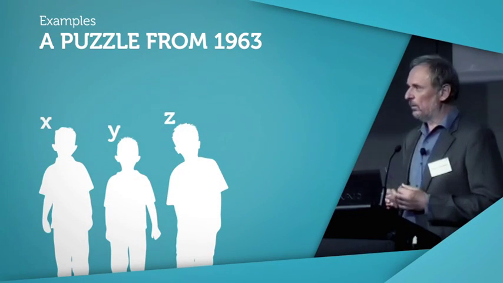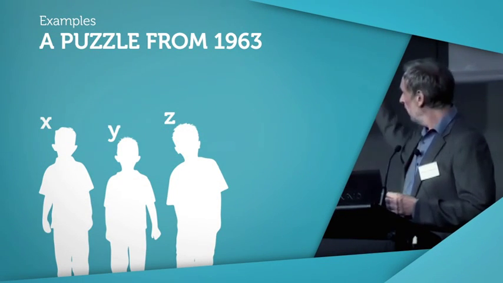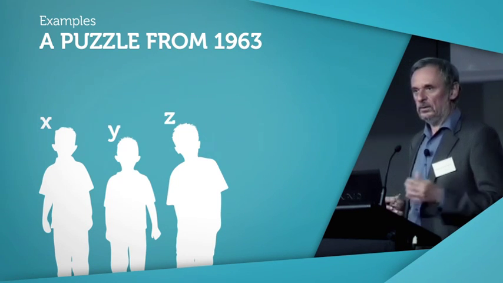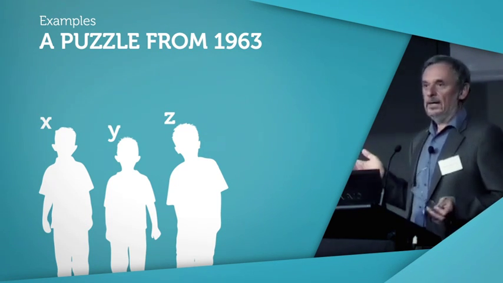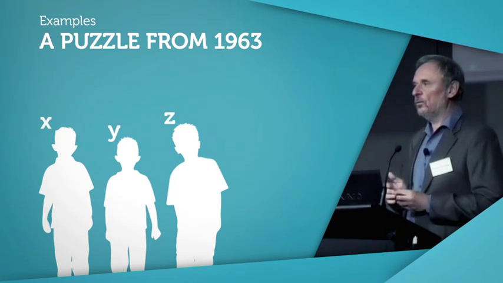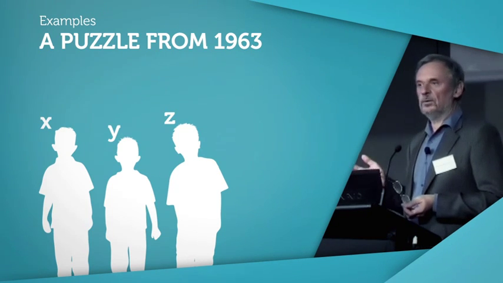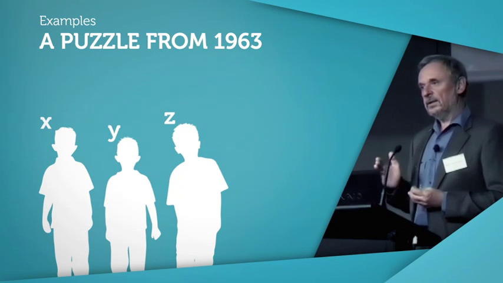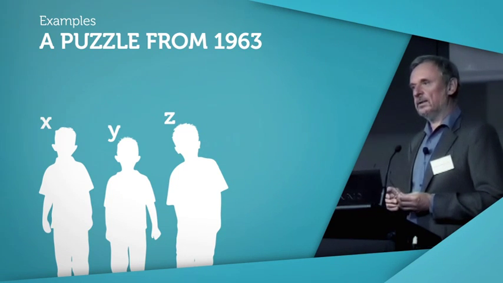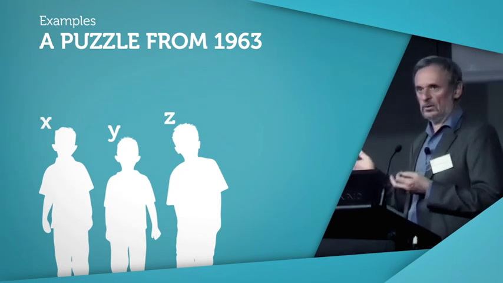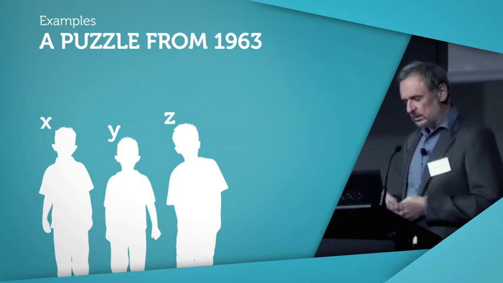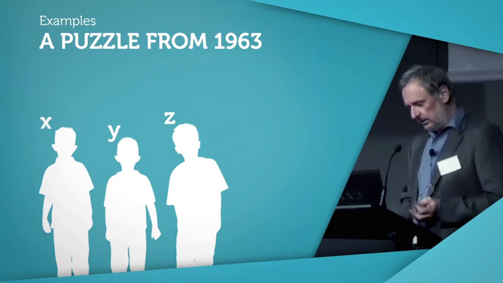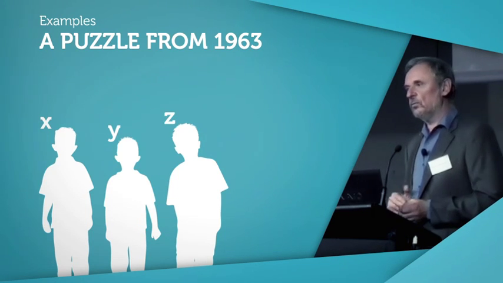Let me go back to the puzzle I started with. You have this conversation between two friends. They are talking about three kids. And some of you, those of you who don't know this puzzle, might be a little bit confused what it's all about. But again, when we start our systematic approach, when we ask questions, okay, what kind of variables you are dealing with, what kind of information is presented, suddenly the problem is very easy because we have only three